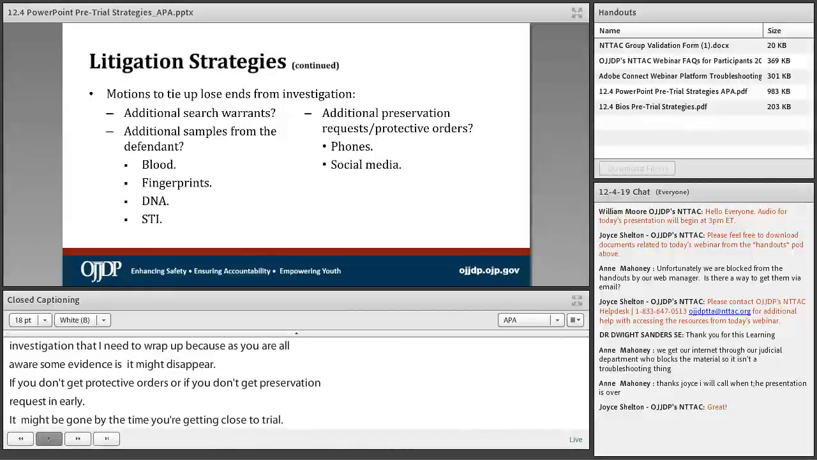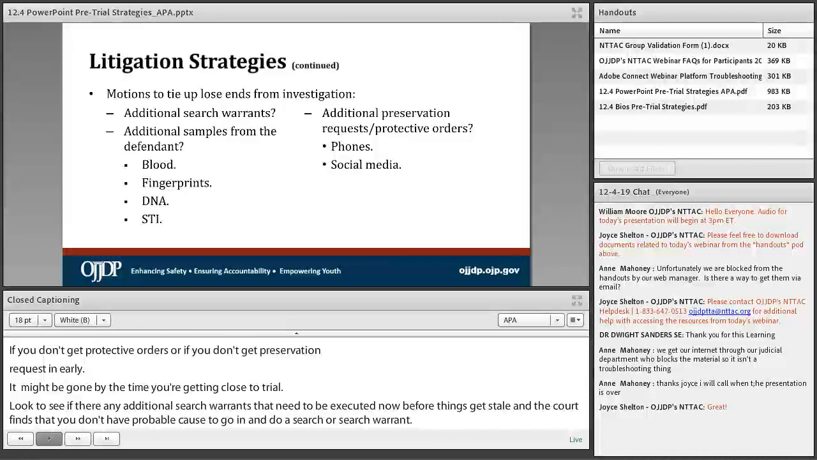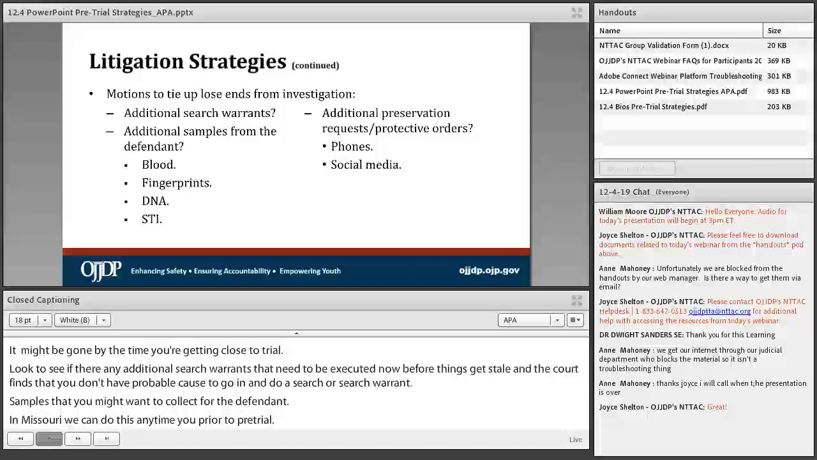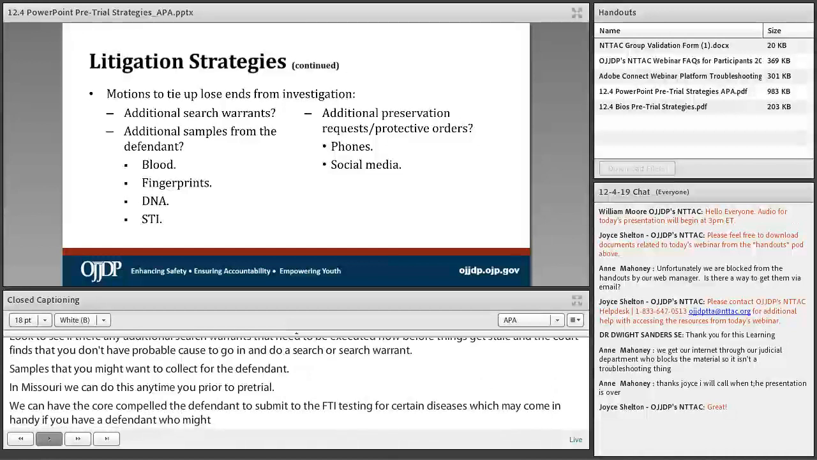Are there any additional samples or things that you would like to collect from the defendant? Here in Missouri, we can do this really at any time pretrial: get blood, fingerprints, DNA, and we can even have the court compel the defendant to submit to STI testing for certain diseases, which may come in handy if you have a defendant who might claim that he either has a disease and the child didn't, therefore he's innocent, or if the child has a disease and you don't know if he does, we can force testing for that. And as I had mentioned, additional preservation requests and protective orders for your phones and social media, which